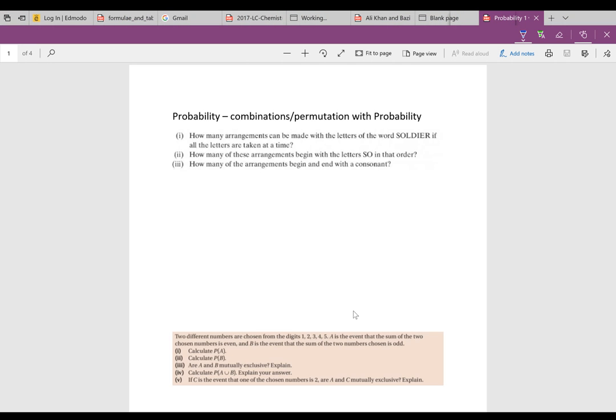Okay, so just a little recap on more basic probability questions. So to start off with,